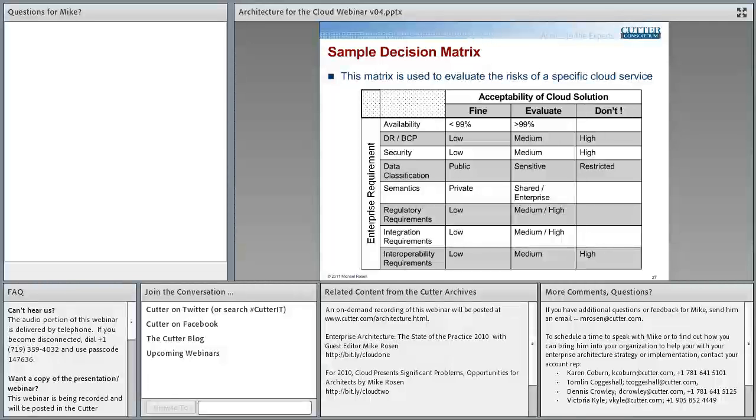Okay, thank you, Mike. The next question: which area do you see the most growth in demand around the adoption of the cloud? Integration, BI, security? The most growth in adoption of the cloud? Growth in demand around the adoption of the cloud.